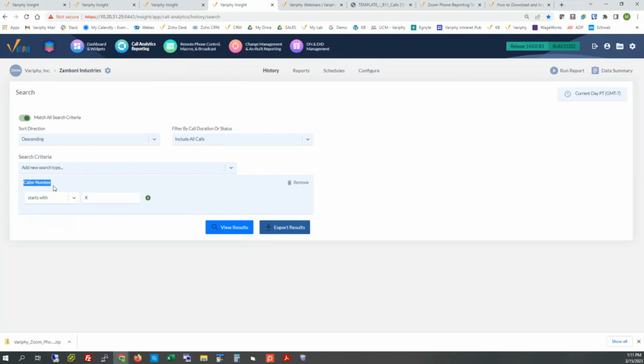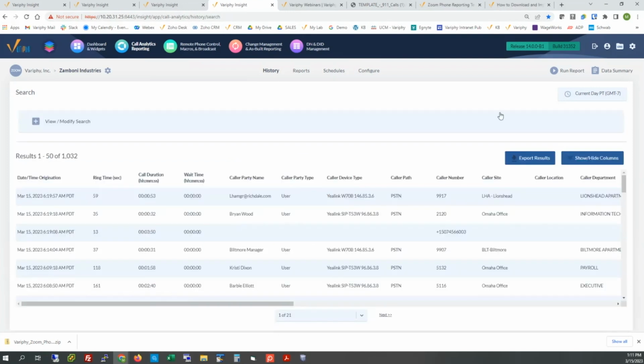I always do use the default field, and we can certainly use our conditional operators, changing from an equals to a starts with and a single character wildcard, requesting from the database engine, where this field has one character or greater for the current time frame, bring it back to me. A quick example here is to run all data for the current day, March 15th, 2023. I'm connected to this Zamboni Industries Zoom account. So far, 1,000 calls have been processed in Variphy today. This is the granular detail of all the call traffic that we are extracting from the Zoom API